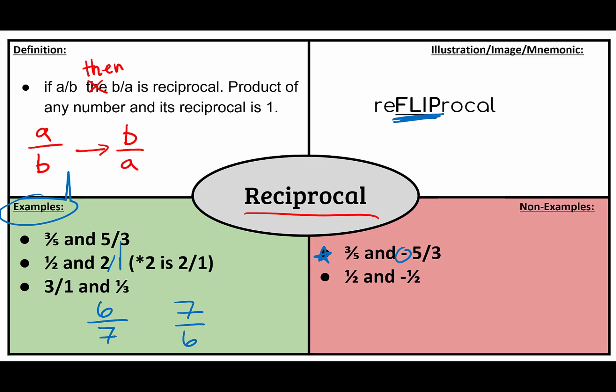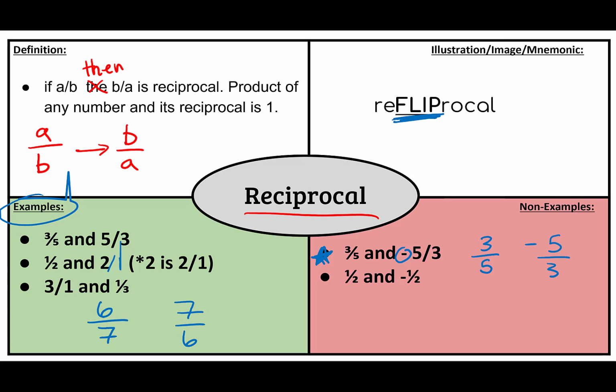Similarly, general opposite numbers, 1/2 and negative 1/2. Those are actually literal opposite numbers. They are not reciprocals. So up here, we're very close, because 3 over 5 and 5 over 3 would be reciprocals, but because we have this negative sign here,